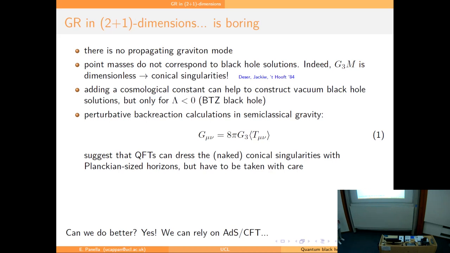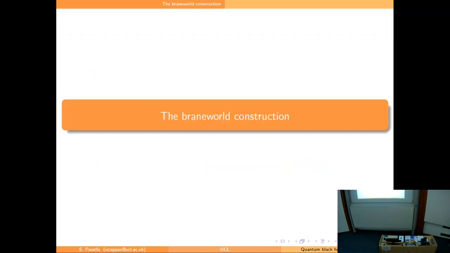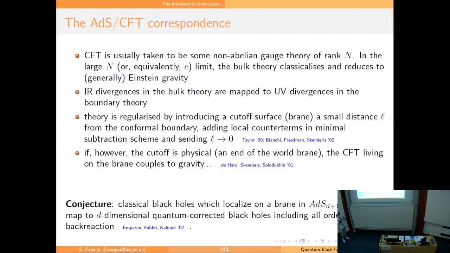And yes, we can. We can use the AdS/CFT correspondence that turns out to be a very powerful tool to solve the semiclassical Einstein equation exactly, with some caveats. So what are we going to do? Well, these are the usual ingredients in the AdS/CFT. We're going to work in the large N limit such that the dual gravitational theory classicalizes to